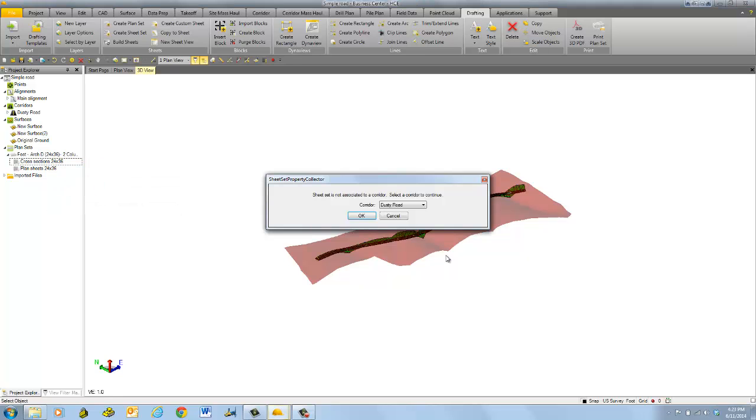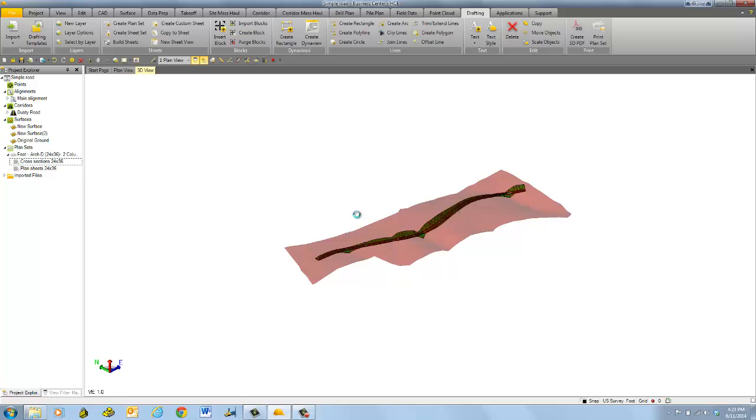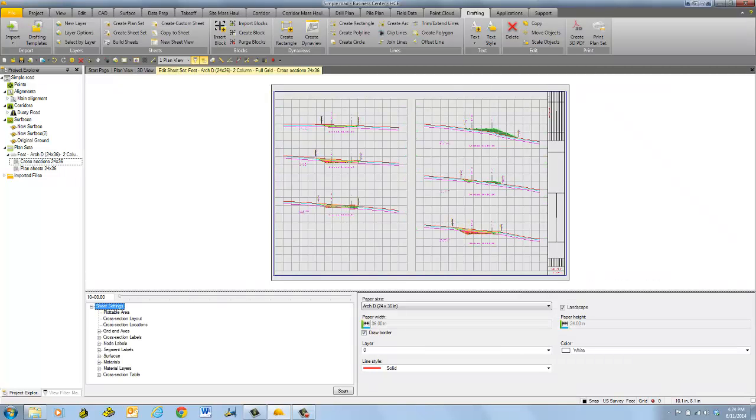If we edit that, the program recognizes that there's not a corridor associated with these settings, so it lets us establish that. And now what it's going to bring up is a virtual image of how that would look if it were plotted. And the really nice thing about the way this operates is that as you go through and change any of your settings,